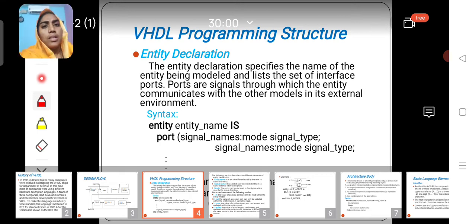In this video lecture, I am going to explain the programming structure of VHDL. As the name indicates, VHDL means Very High Speed Integrated Circuit Hardware Description Language. It is a language which describes the behavioral structure of digital circuits. So mainly VHDL